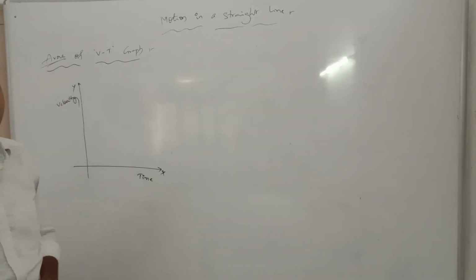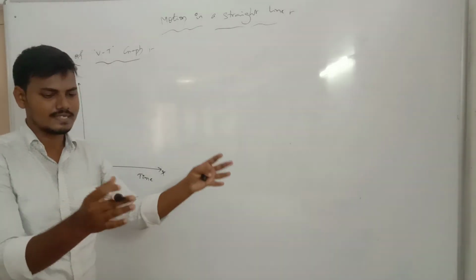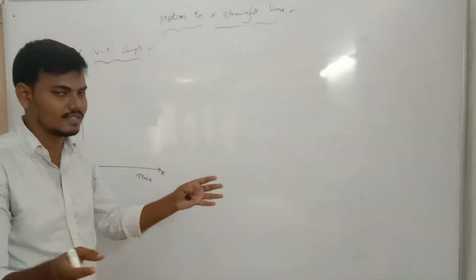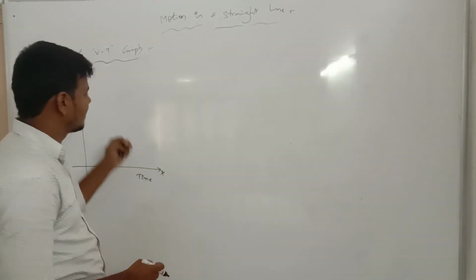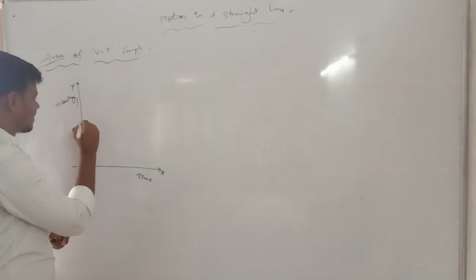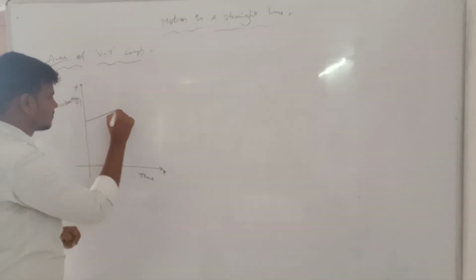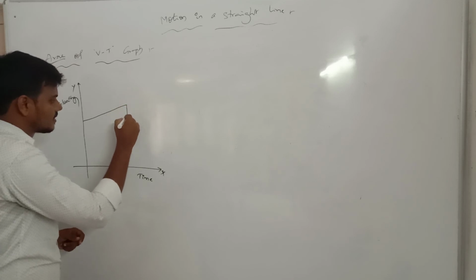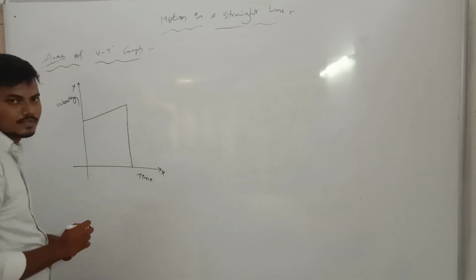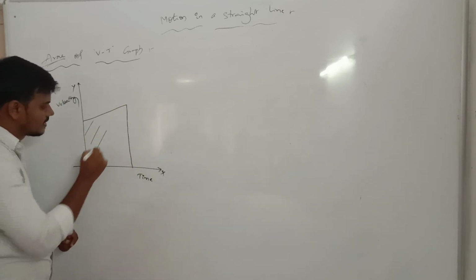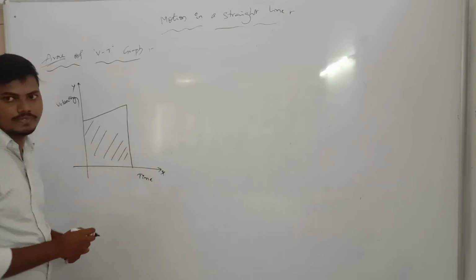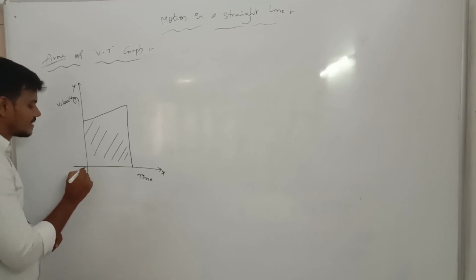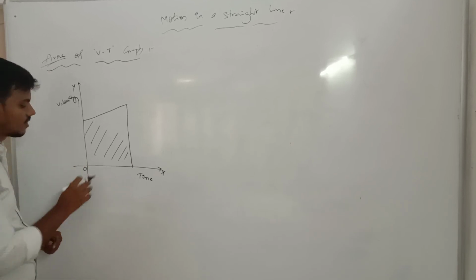Area means the distance covered over the position. Okay, so taking any two points, the distance will be filled. Okay, right? For example, this is the first position, and this is the second one. This is the total distance that will be covered. At this position, this is the origin point. Clear? This is the origin point.